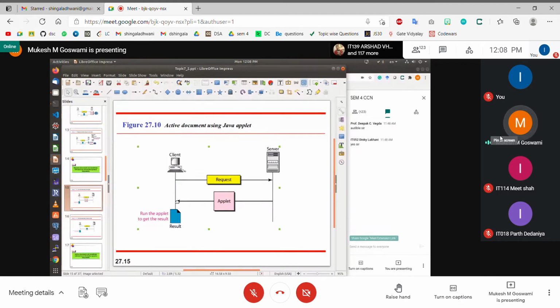The document is modified after the document and the source code of the script are loaded on the client side. The script is executed, and based on its outcome, the HTML document is modified on the client side itself. That is how active documents, or client side scripting, work.